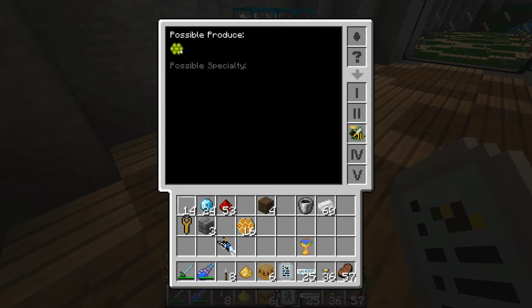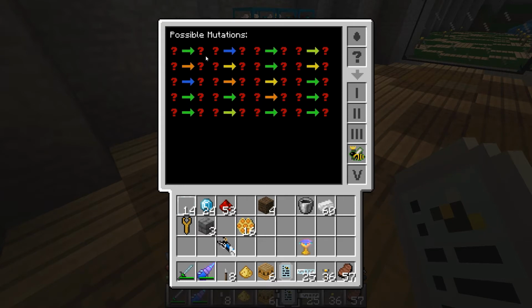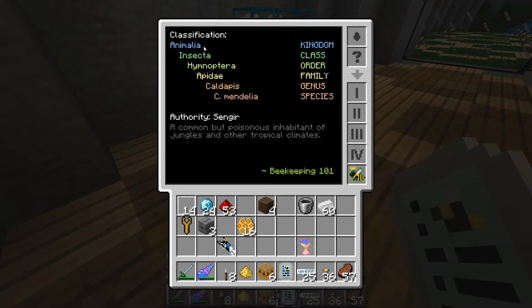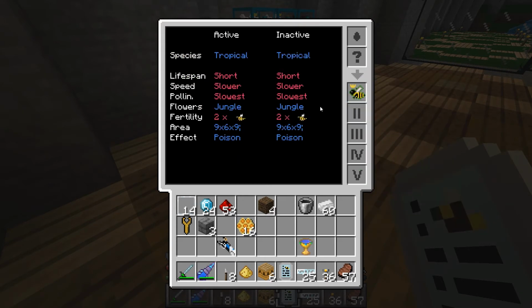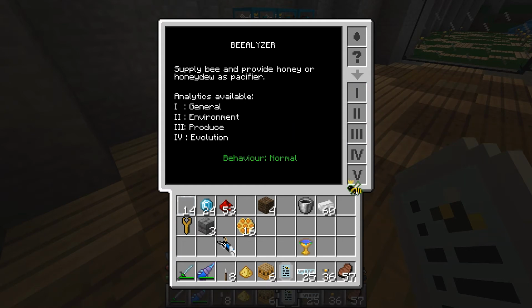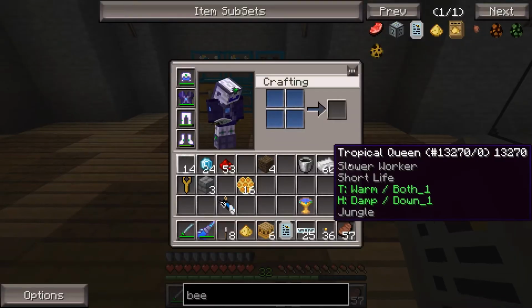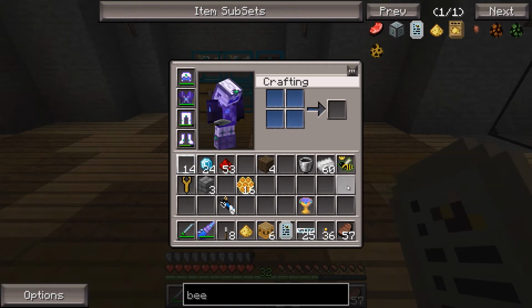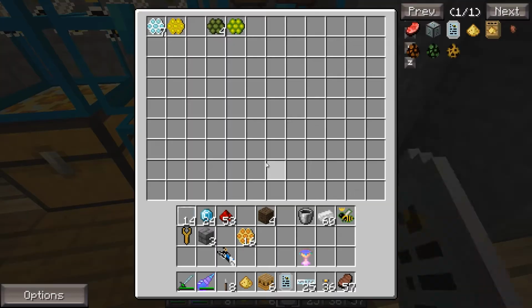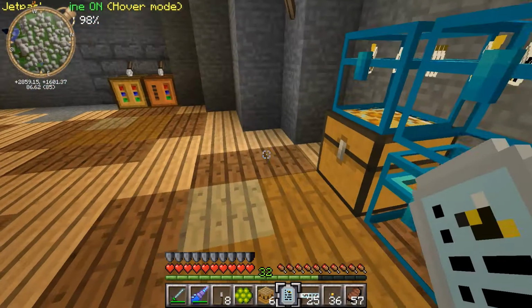Possible produce. I think that's a silky comb or something like that. Possible mutations. Don't know. And some classification stuff. So this bee is probably not going to work here, which is bad, because one thing that I really want, I know these tropical bees give you silky combs. I think I might have, yeah, a silky comb, which from this you can actually get